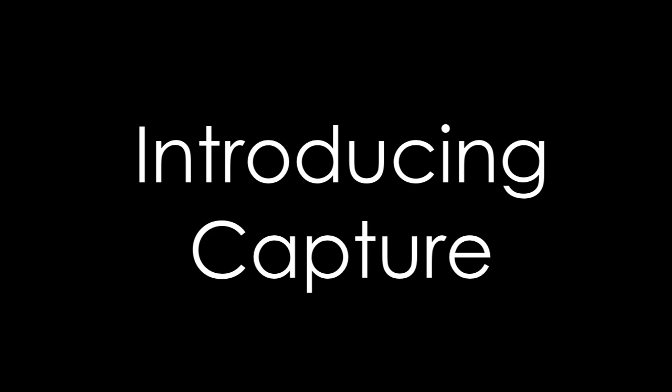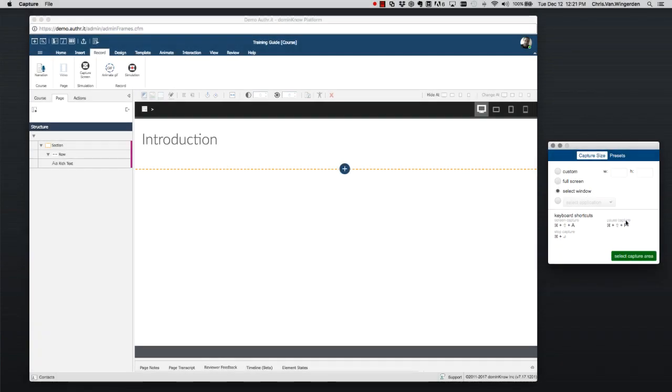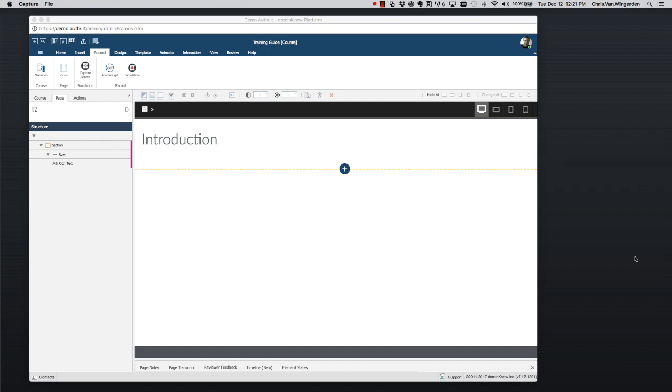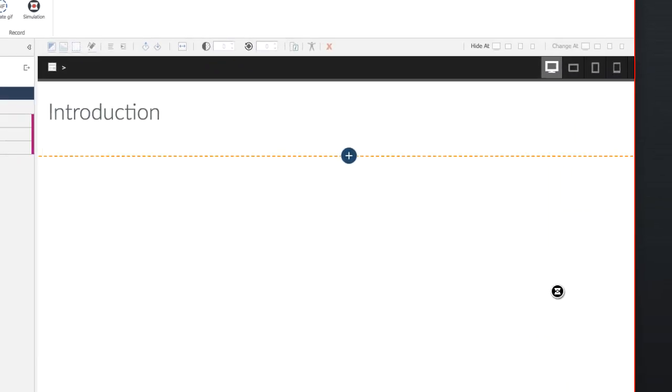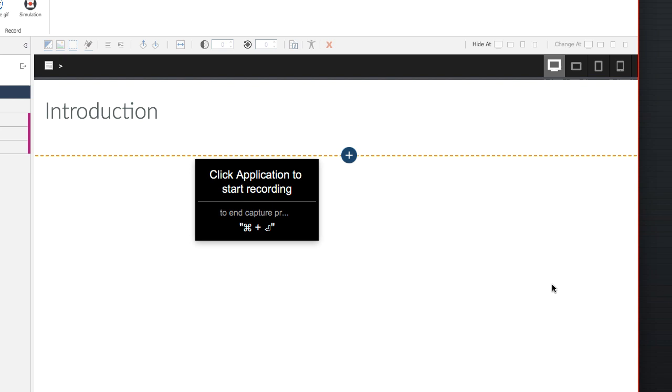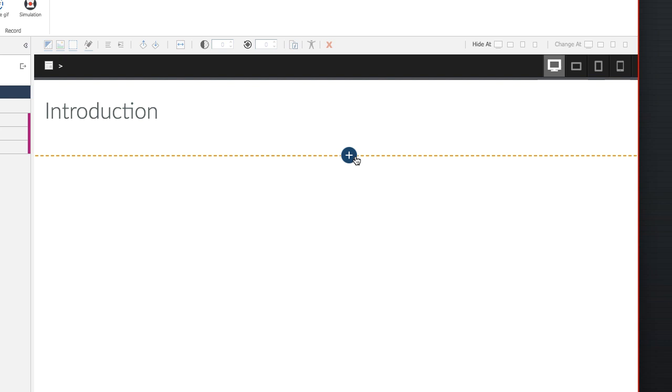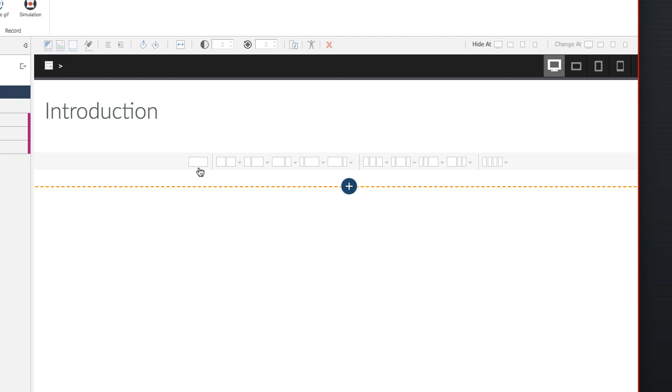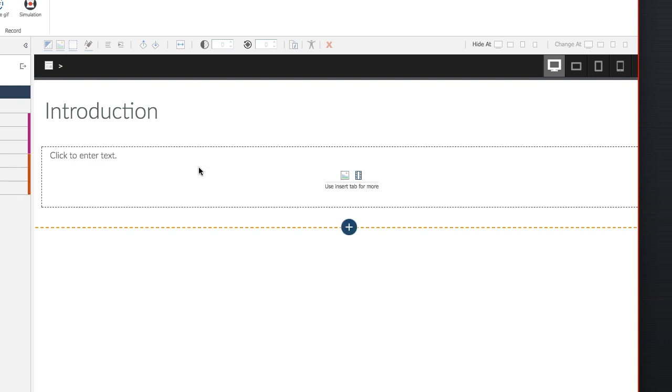Capture is our new feature for creating software lessons. To make a lesson, launch Capture, then carry out the steps of a task. Capture follows along and, surprise, captures what you do.